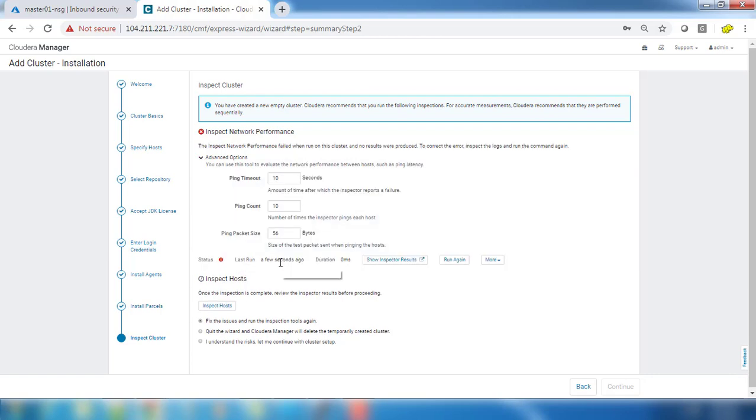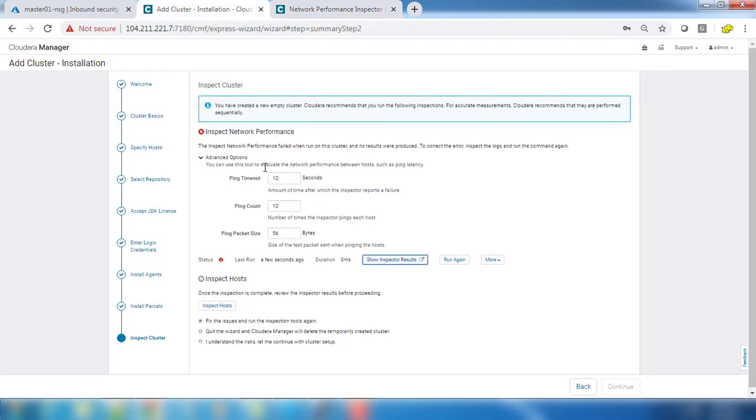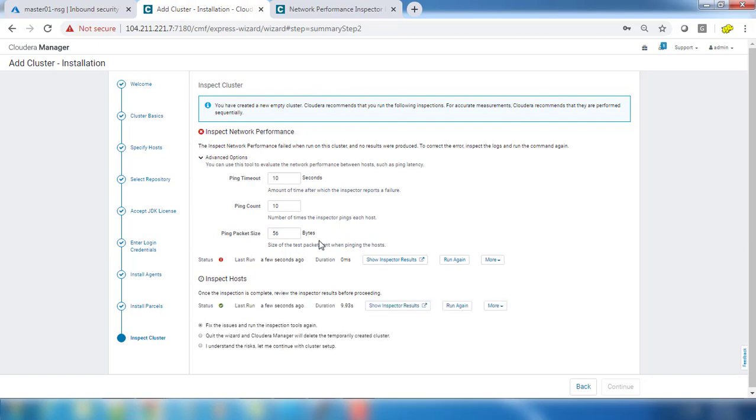We will hit that, and we got a failure message here, this is failed. It could be due to bad network connectivity or something else, but we have to check this. Show the inspector results, it will give us the result, but nothing is there, no problem. But there is something wrong. The reason is we have only a single host available, and a single host will definitely be a problem. You need to increase the number of hosts here. But we don't have any option at this time, so I'm going ahead with this, and I just ran the next part.